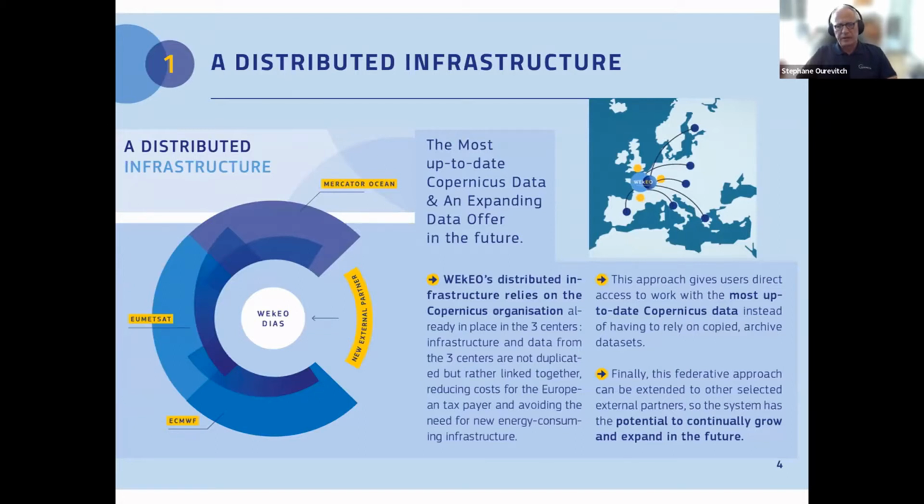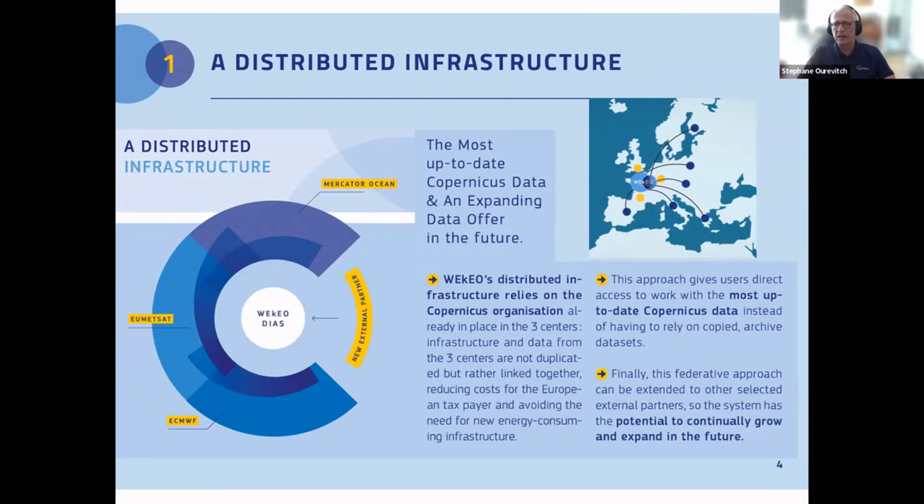One of the peculiarities is the fact that it's a distributed architecture. So the data doesn't get copied from its original repository into a new cloud, thus generating potential delays, potential latency, potential data not being up to date, and also generating unnecessary consumption of electricity and obviously a negative contribution to the carbon footprint of Copernicus. So in that respect, through Wekeo, you have direct access to the data where it's regularly and normally stored, which